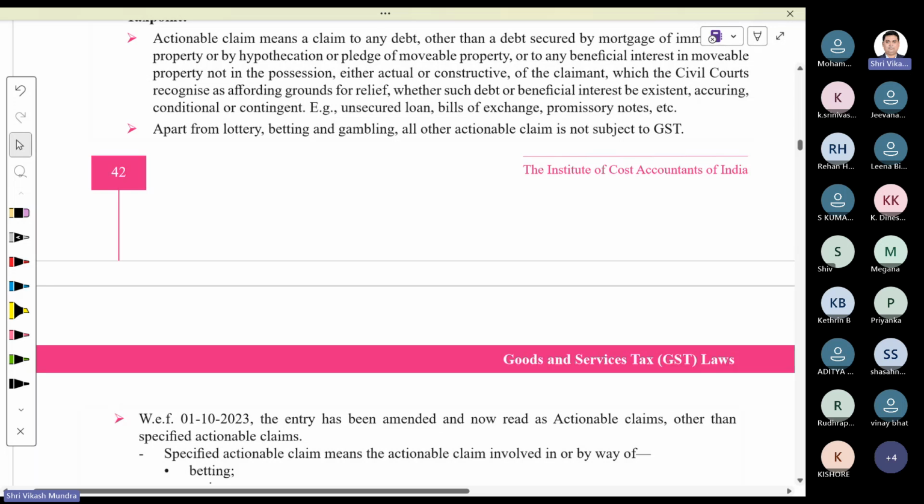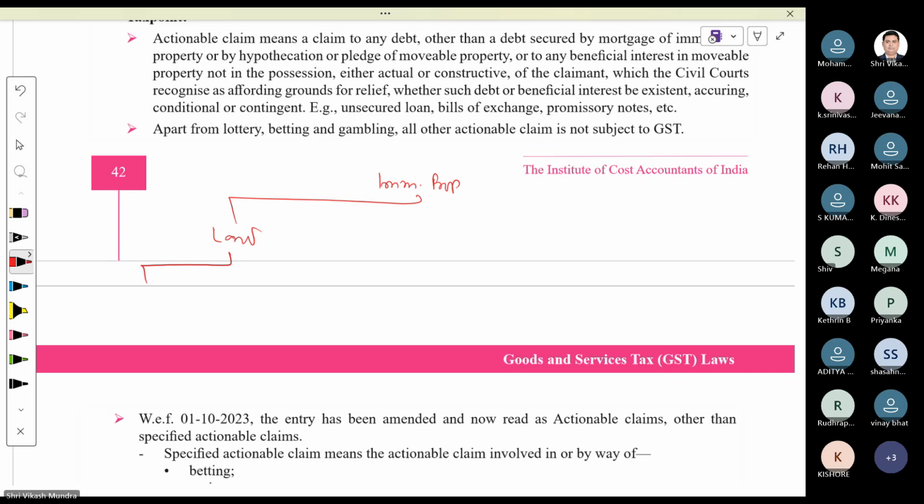Furthermore, if you are selling a building, a flat or apartment after completion of construction, it becomes immovable property and is not supposed to be taxed. You are not supposed to pay GST. That means in case of immovable property, if you are selling land, be careful. If you are giving land on rent, it will be considered a supply of services. If it is on rent, it is considered a supply of services. If you are selling outright, then it is covered in the negative list. No GST. In case of other immovable property like buildings, etc.,